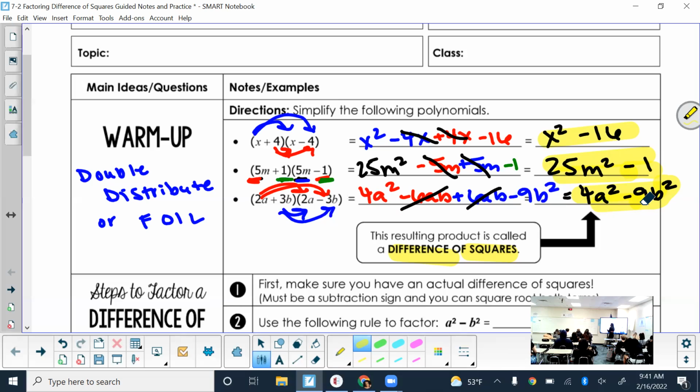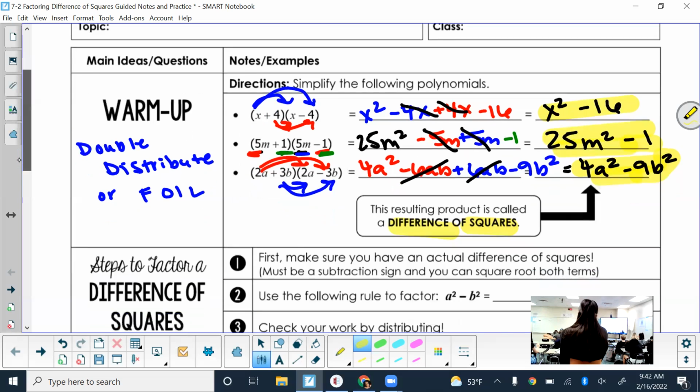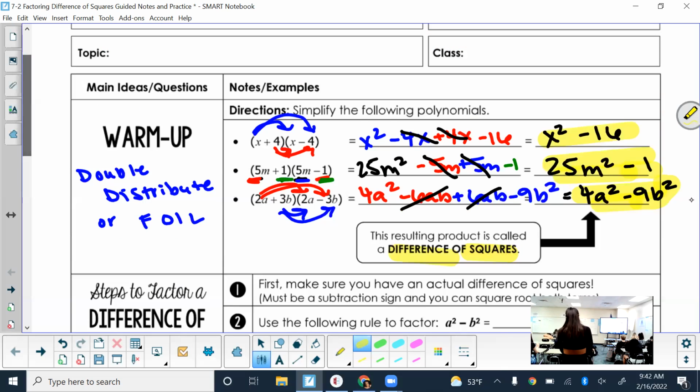So that kind of leads us into the lesson today, because our answers from the warm-up are going to be what our questions look like in this unit. And then our answers would be what we originally had. So from our answers, we're going to figure out what we multiplied to get them. All right, so first thing you have to do, here's some steps, is